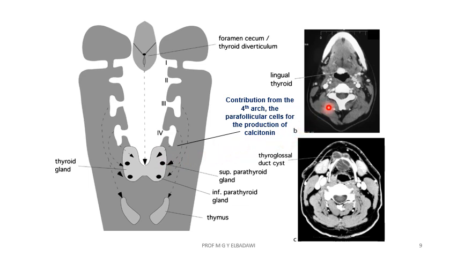On the left side, there are two images showing two different anomalies of the thyroid gland. The upper one shows the thyroid gland still at the tongue, does not descend to the neck, forming what we call the lingual thyroid. While the lower one, in front of the hyoid bone, there is a cyst, which we call the thyroglossal cyst. There are two anomalies which we are going to describe in the next slide.